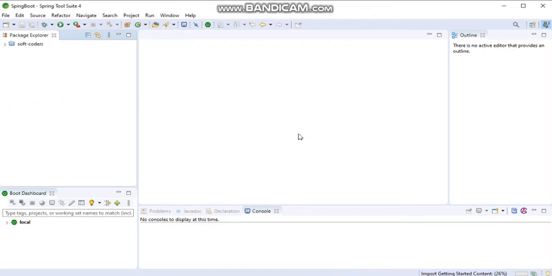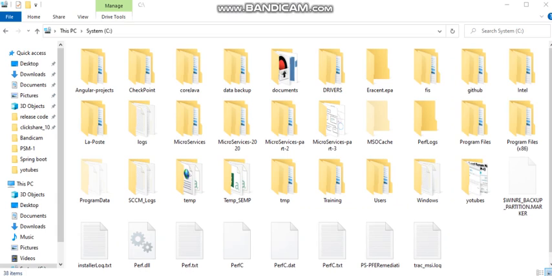Then the project will be created. Here you can see the getting started content. This is getting content from the Maven central repository. So if you are creating an application, make sure an internet connection is available on your system, because it downloads dependencies from the Maven central repository and keeps them inside the .m2 folder. So generally we will also check the .m2 folder. Your .m2 folder is created automatically, inside the user directory.